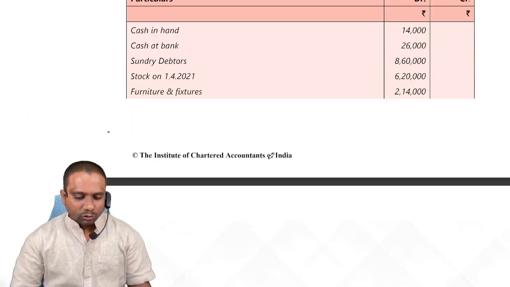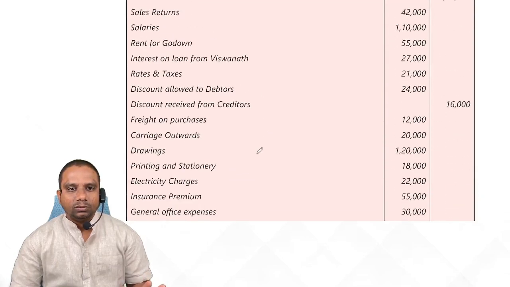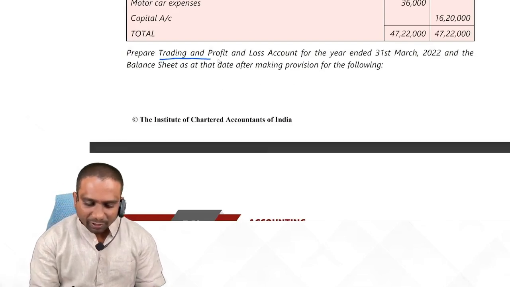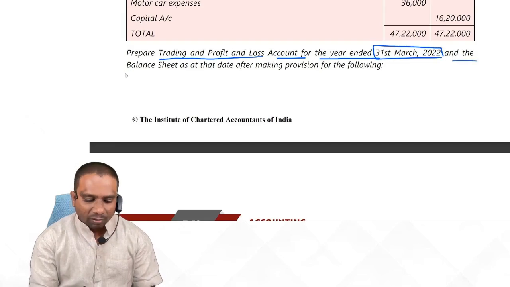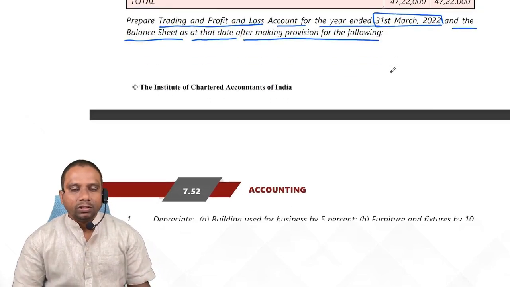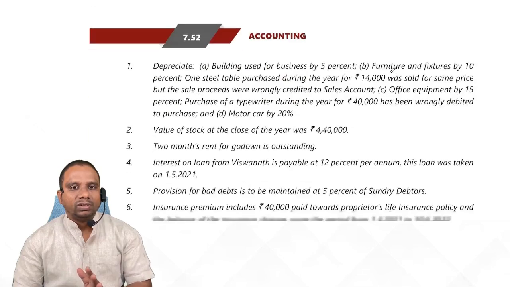Look at students. So they have given a trial balance, right? After that, prepare trading and profit and loss account for the year ended 31st March 2022 and the balance sheet as at that date after making provision for the following. So they are asking us to prepare trading account, profit and loss account and balance sheet. They are giving some adjustments. Look at